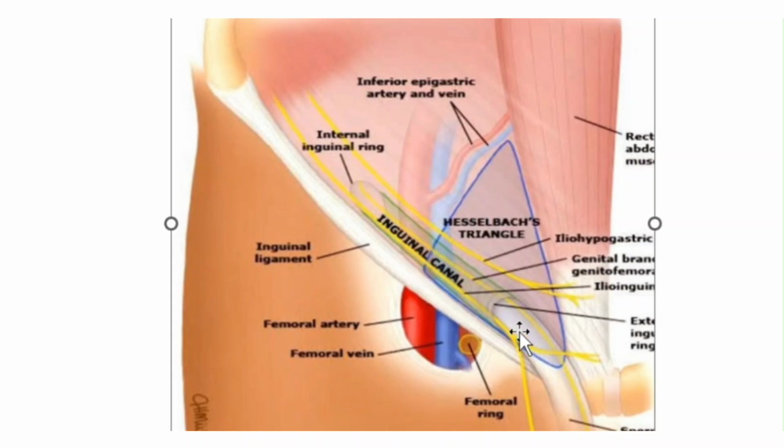Now, the direct inguinal hernia occurs through this Hesselbach's triangle. The abdominal contents protrude forward through this area, and it occurs in the middle age or in the old age due to the weakness of the abdominal muscles in the anterior abdominal wall lying here. So, it is very clear from this diagram, the neck of the direct inguinal hernia lies medial to the inferior epigastric vessels.